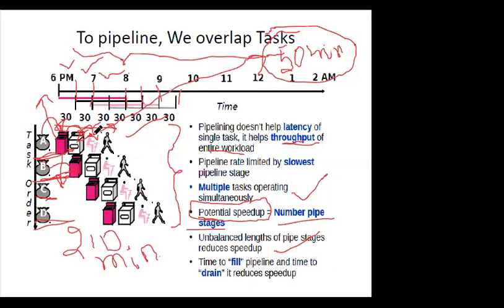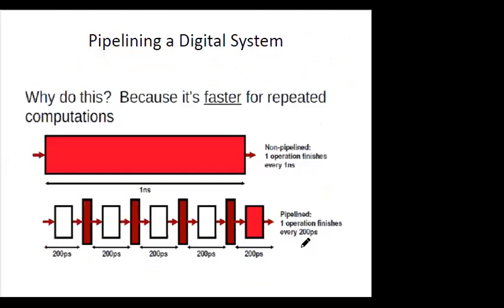So what is the time required to fill up the pipeline? The first stage is when the stash of clothes A got into the washer, then it got to the dryer. Till the point when all four processes were part of the pipeline, this was the filling up of the pipeline. And then one by one, they get out of the process, that is the draining of the pipeline. And it also reduces risk.